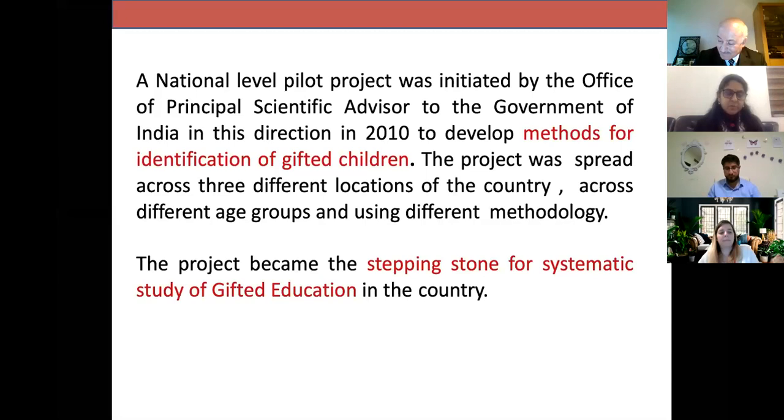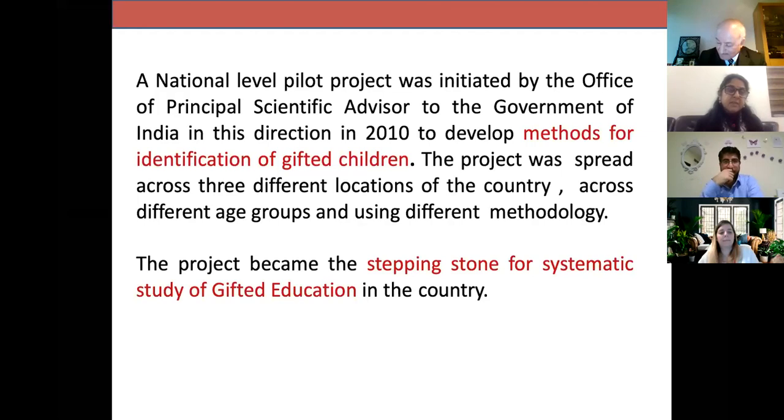There were many schemes promoting talent development at the national level, funded by the Government of India, but schemes or programs on gifted students were still a question mark. So in 2010, the office of the Principal Scientific Advisor to the Government of India initiated a national-level project, and this idea was